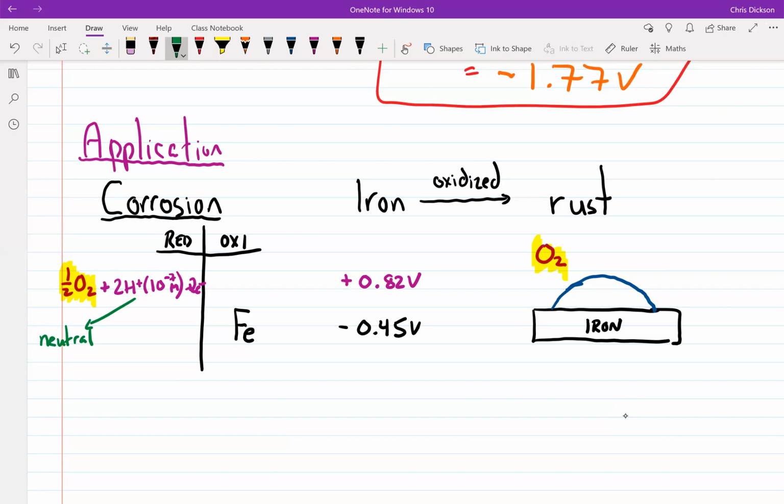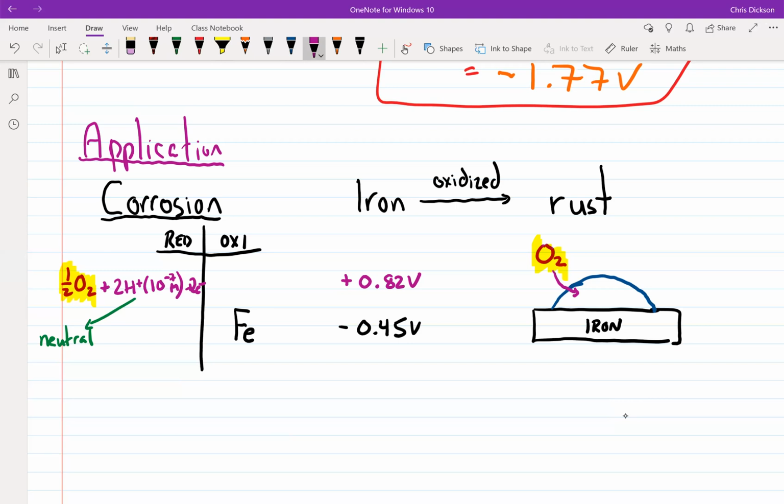That implies that the oxygen and the hydrogen are coming together in a solution. So this is where the raindrop is important here. You need some moisture. Even in the morning, if you wake up and you look at the grass, you'll see the dew on the grass. So any level of water will allow this to occur. And so what happens now is the oxygen goes into the water